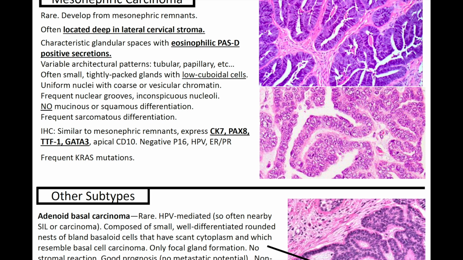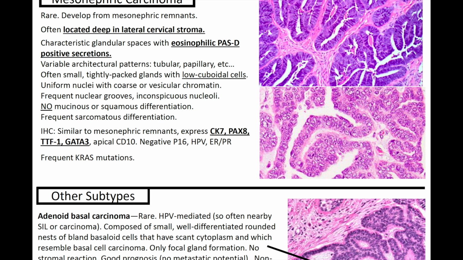Next up, we've got mesonephric carcinoma. These are rare and develop from mesonephric remnants. They're often located deep in the lateral cervical stroma, and they have characteristic glandular spaces with eosinophilic PASD positive secretions. There are variable architectural patterns, so tubular, papillary, etc. And there are often small, tightly packed glands with low cuboidal cells. The uniform nuclei with coarse or vesicular chromatin, and there are frequent nuclear grooves and conspicuous nucleoli with no mucinous or